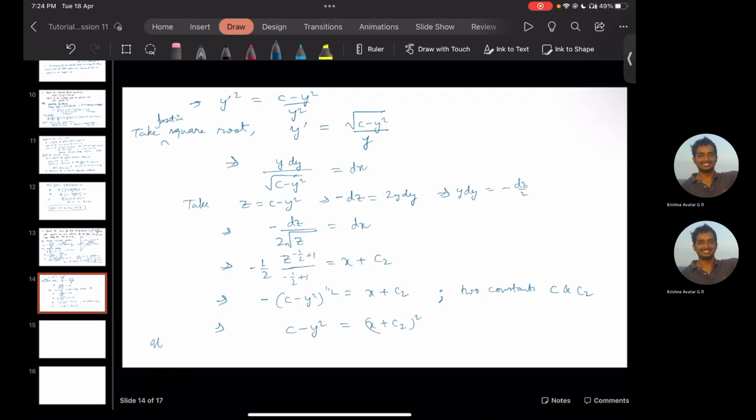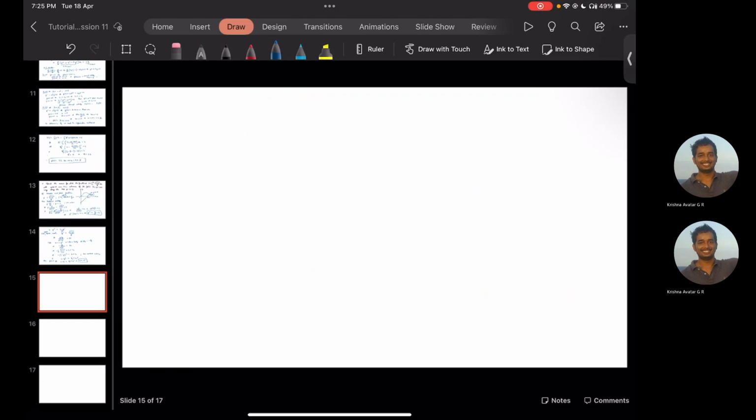Now use the endpoint y at 0 is equal to 0. So this implies that c minus 0 is equal to 0 plus c2 squared. So this means that c is equal to c2 squared. Okay, let's keep it with us for now, and then let's substitute it here. So this implies that c2 squared minus y squared is equal to x plus c2 whole squared, and then this gives us